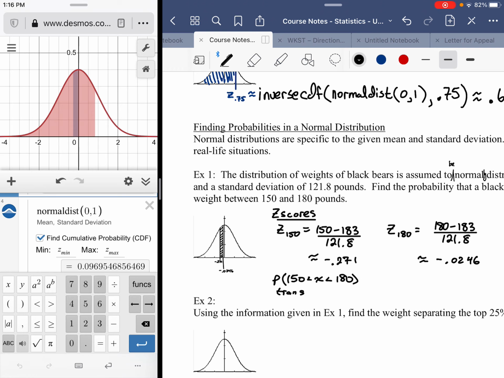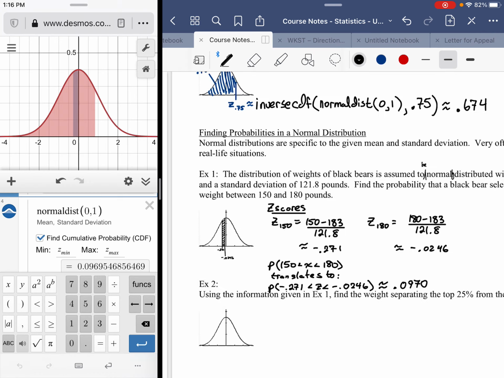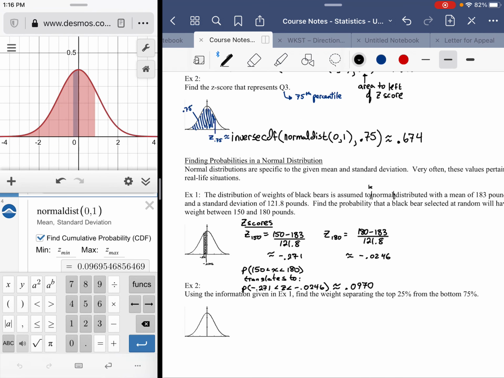This translates to the probability that z is between negative 0.271, which gives us a probability of about 0.0970 if we go in 3 significant. All right, so pretty nice solution,